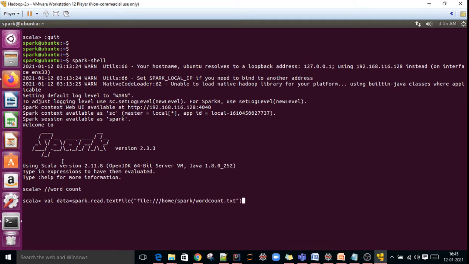This is my command: val data = spark.read.textFile, which is an API to read the text file. I have my text file, wordcount.txt, in my home Spark folder. Just press enter.